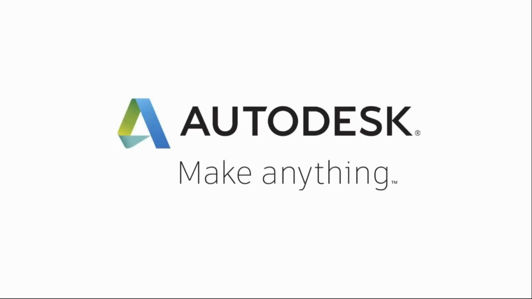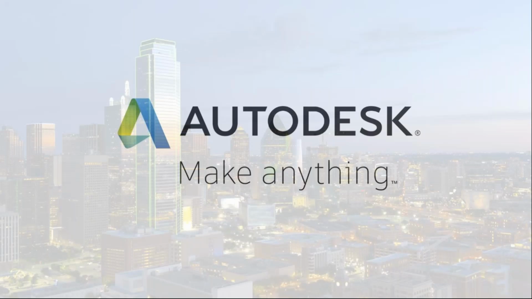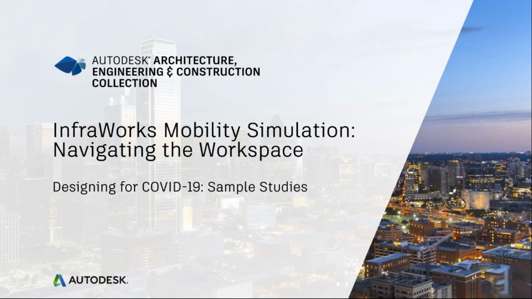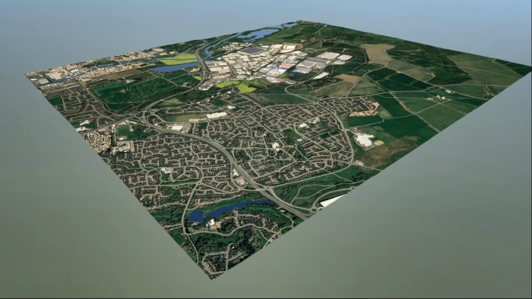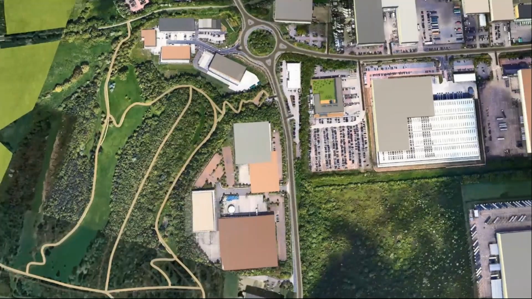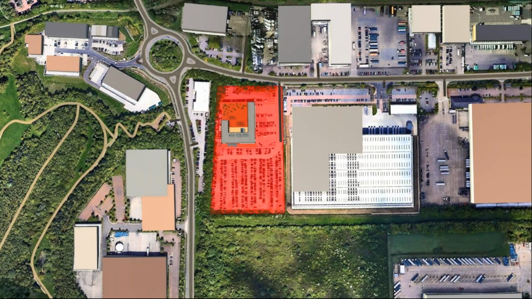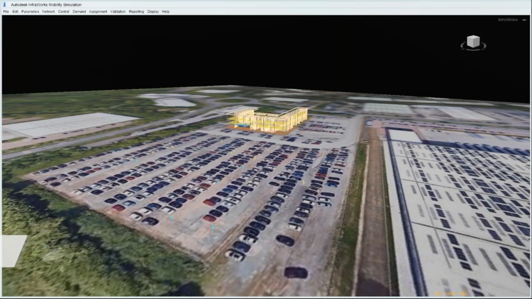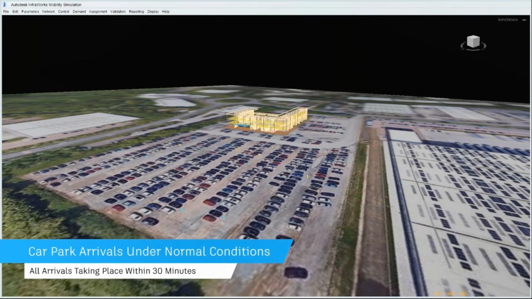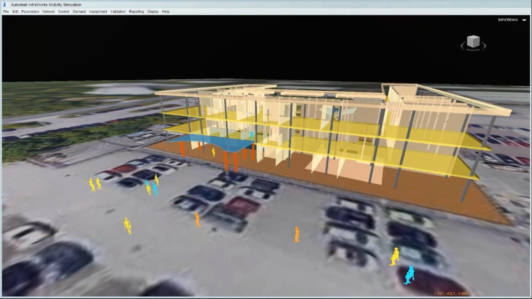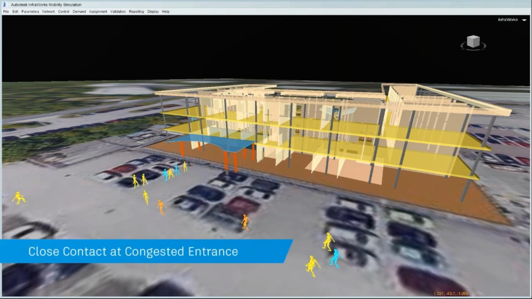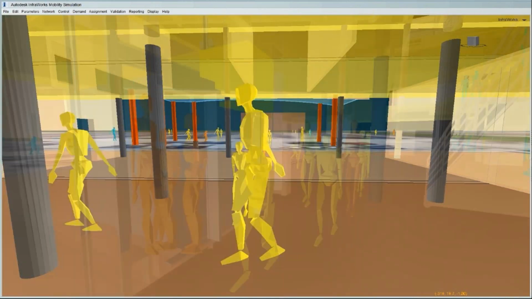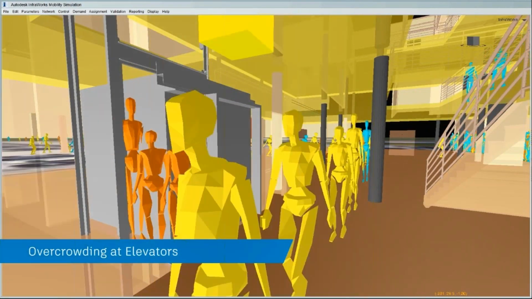So again, this is from a workspace layout functionality. Another aspect which is very critical is people simulation. Generally, when people move to offices, we have common office timings, right? So there is a rush of people at, let's say, 9 a.m. in the morning. Everybody is parking their cars, and everybody arrives at the office at a very stipulated time. And again, we will not be able to manage the whole physical distancing aspect. So again, we have InfraWorks.